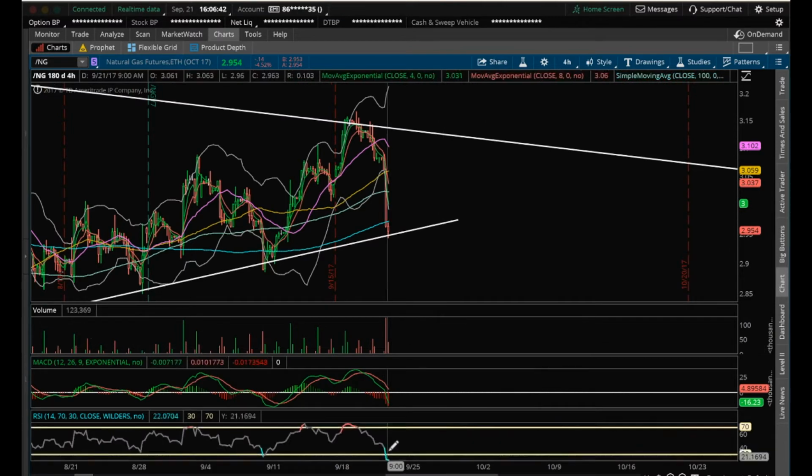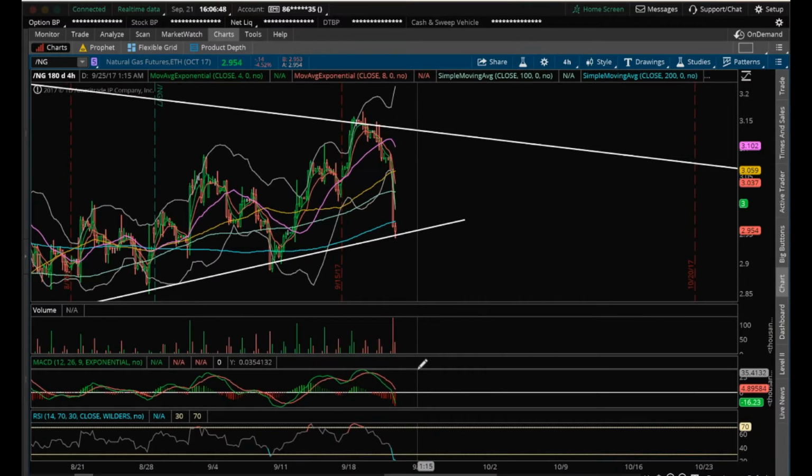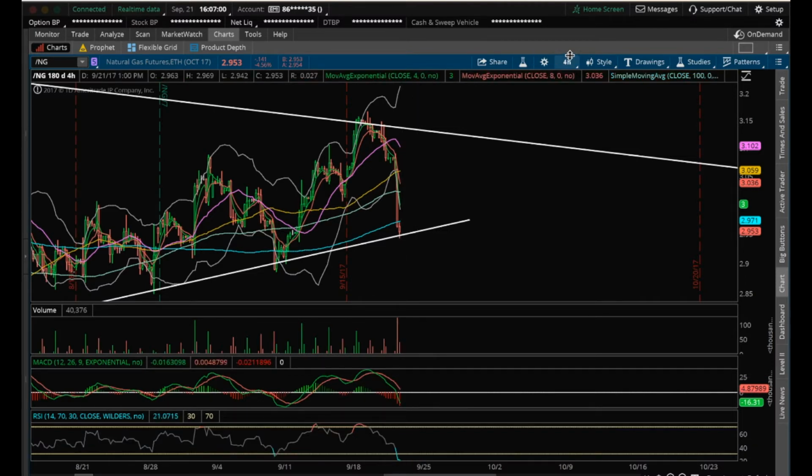extremely oversold conditions on the 4-hour. And historically, there's only been, I think, one time where we've really dropped below 20, and that was in February, when historically we hit the teens. And so definitely like the idea of taking a play here because it's low risk, because the RSI is so low here on the 4-hour and on the hourly